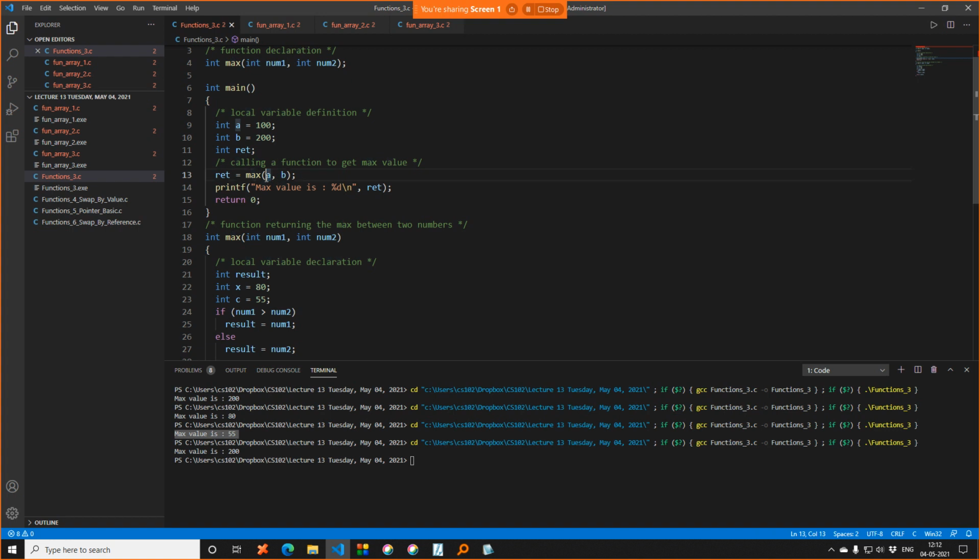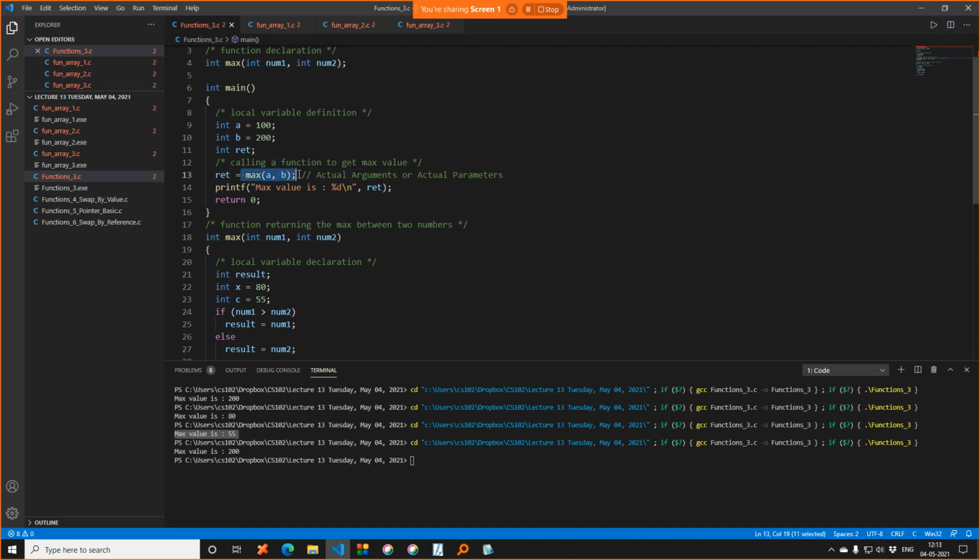Long story short, one C function can only return one value. Of course, that variable can be an array also, but technically they can have only one variable here. If there are multiple variables, the one which is specified at the last will be returned. So just correcting the code. So this is 200. You can try on your own.